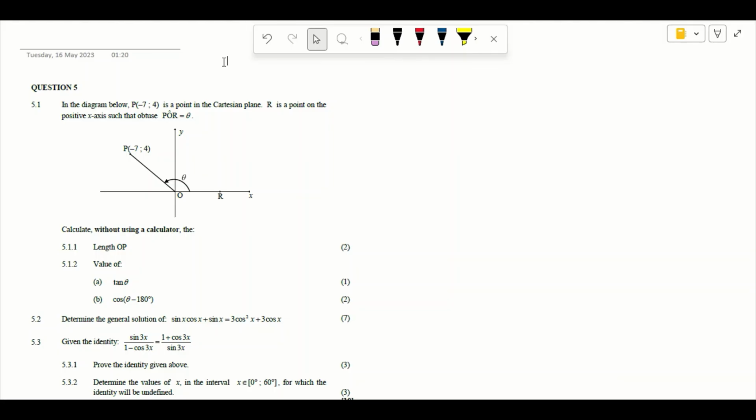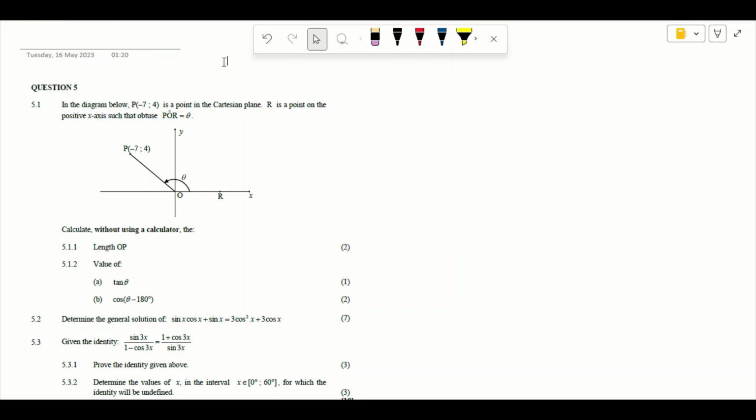So let's just continue with the business of the day. Question 5. We are given that in the diagram below we have P, which is (-7, 4), a point on the Cartesian plane. We have another point on the Cartesian plane, R, on the positive x-axis, such that angle POR is an obtuse angle. So now what we have to do here,